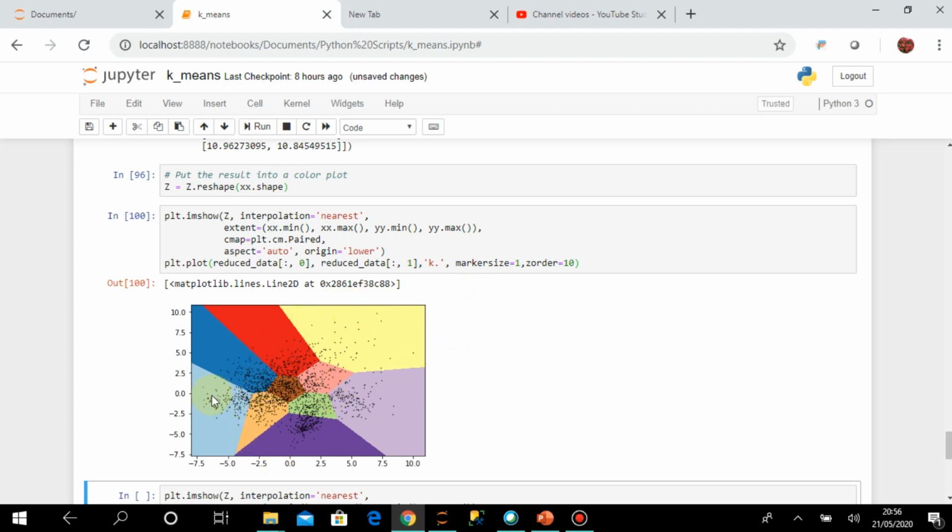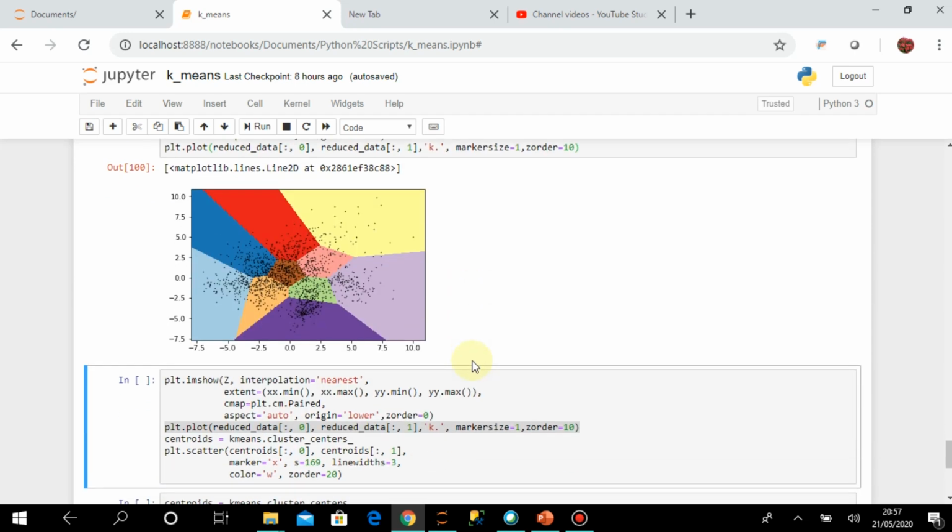So now you can see many black dots. What are those? Those are actually the principal components that we have generated for all the 1797 records. These 0 and 1 are all the values I have plotted here. As there are different colors, you can see that there are 1, 2, 3, 4, 5, 6, 7, 8, 9, 10, so total 10 clusters, and these points are together. Most of the cases they are together, so we can say that they are put in the right cluster, maybe in most of the cases.